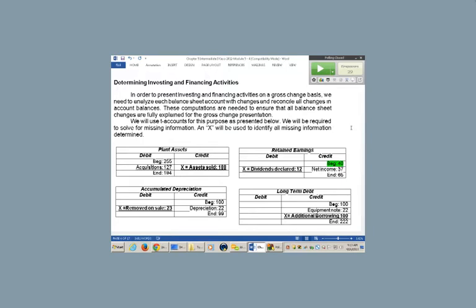And then finally, long-term debt, we know, started with 100 and ended at 222. Just to be sure, I can verify that they borrowed 100 on a note for cash, and they also financed the plant asset for 22, so we know it's 122. So we know they borrowed another 122. So there's an equipment note of 22, and the additional borrowing is 100, so we know that already, and we've reconciled these. So in this case, it should be relatively simple.